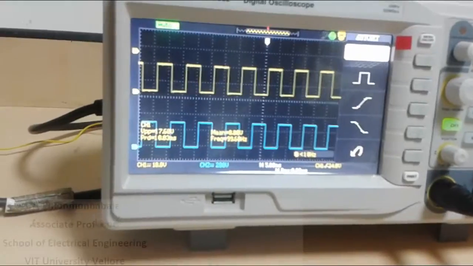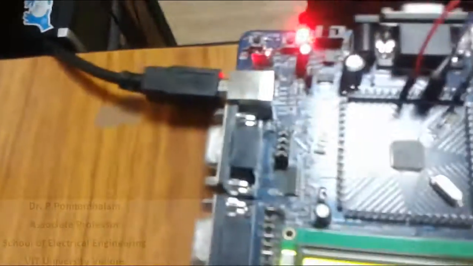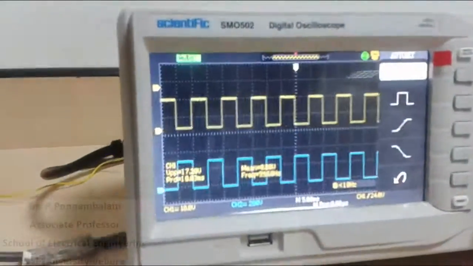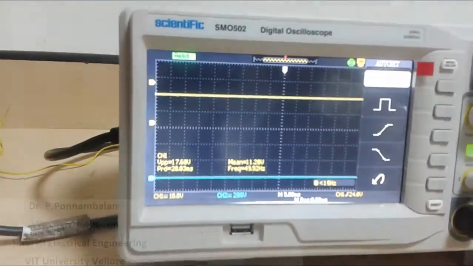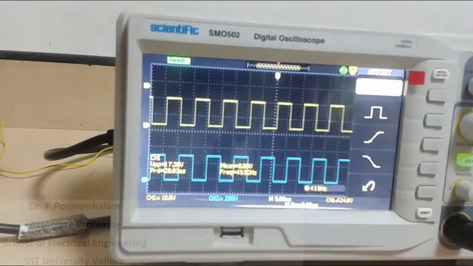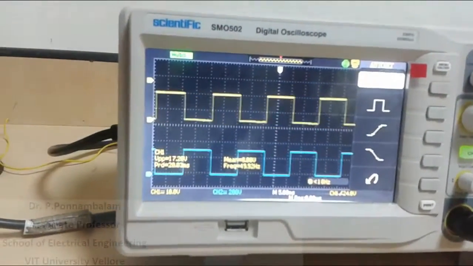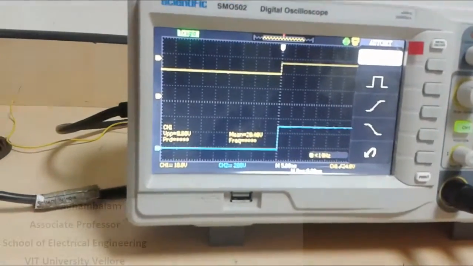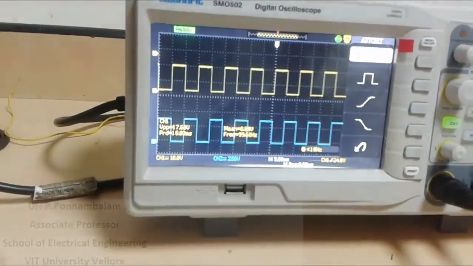So I'm using this interrupt to change between 50 hertz and 100 hertz. That's it. Thank you.